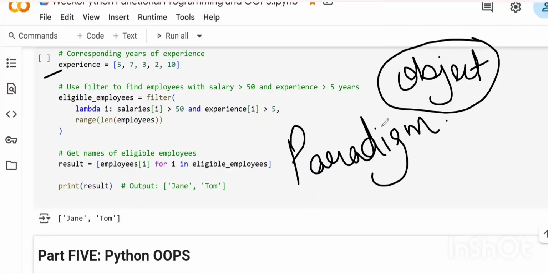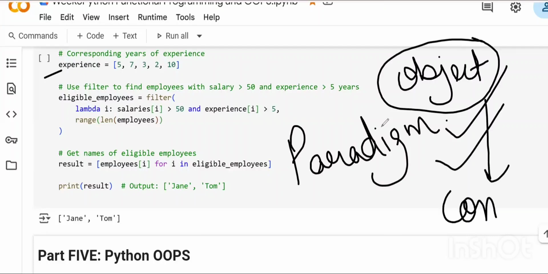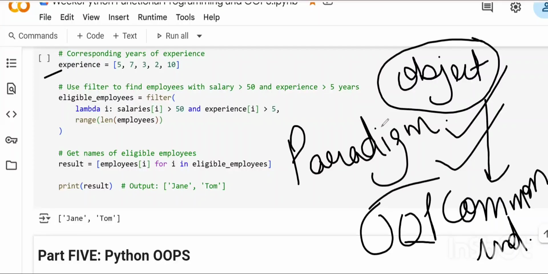And the concept of organizing these objects with common characteristics and individual features is what OOPs is all about.